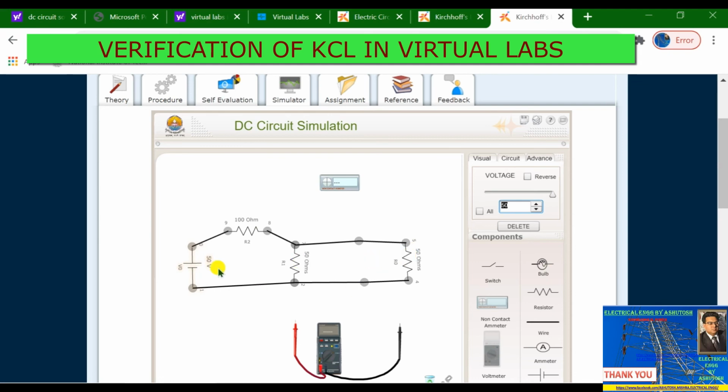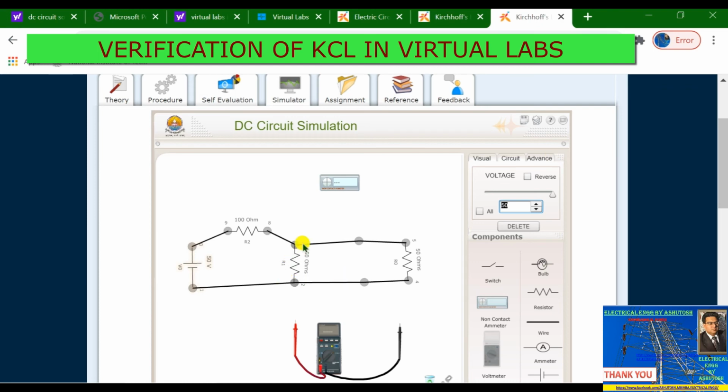So now we are going to verify KCL, whether the value of current I is equal to I1 plus I2. As you know, the statement of Kirchhoff's current law is that at any node or meeting point or junction, the algebraic sum of all currents meeting at the point should be equal to 0.